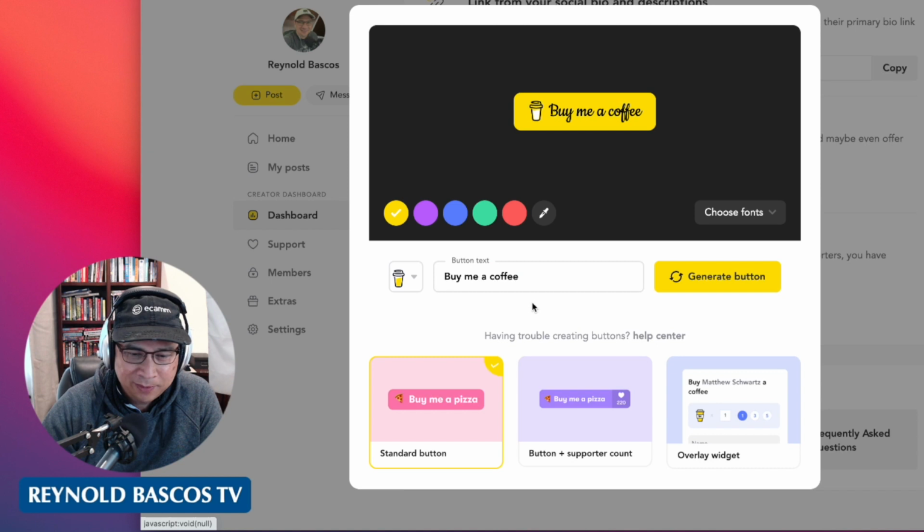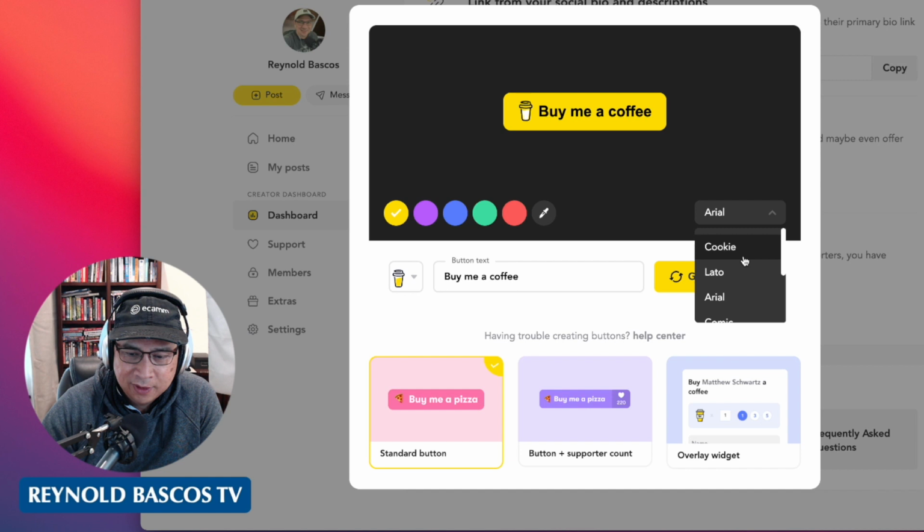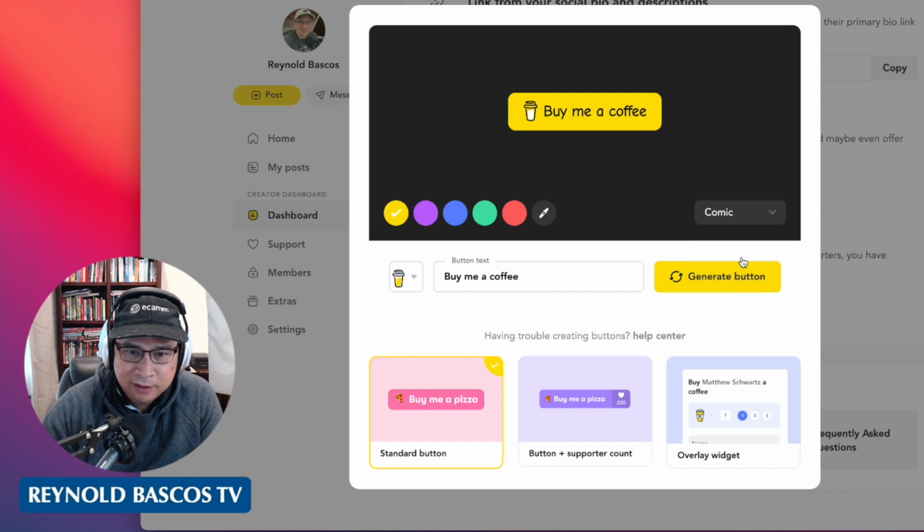Just click this website button. From here, you can choose the fonts, Cookie, Lato. So for me, I'm good with the Cookie. And then you can change the color.